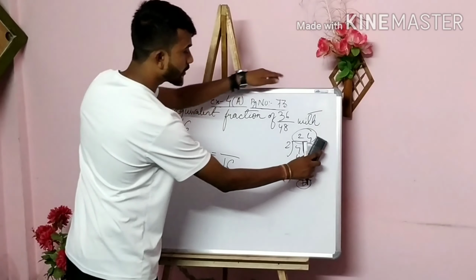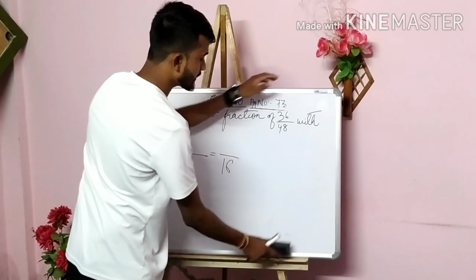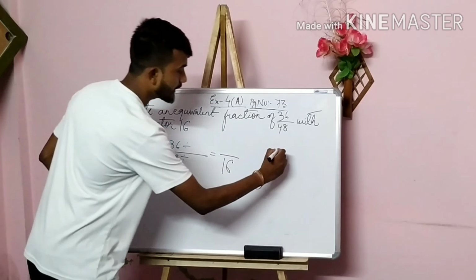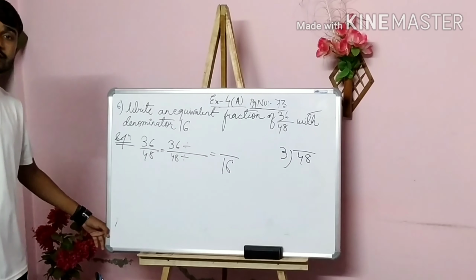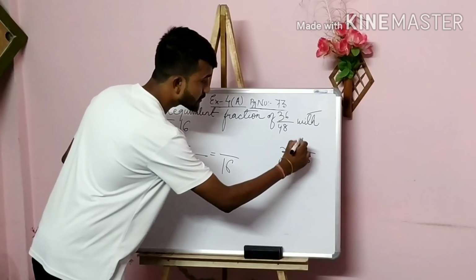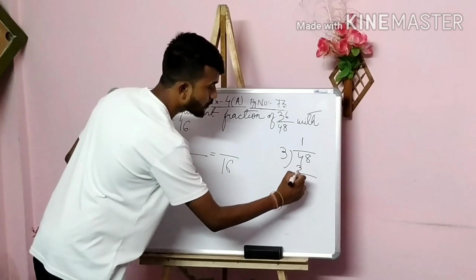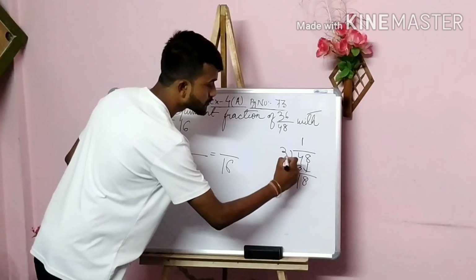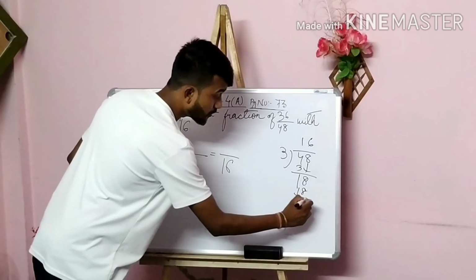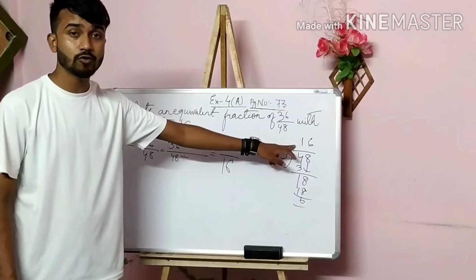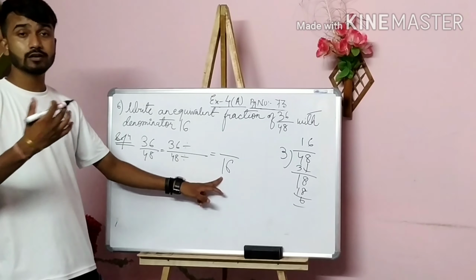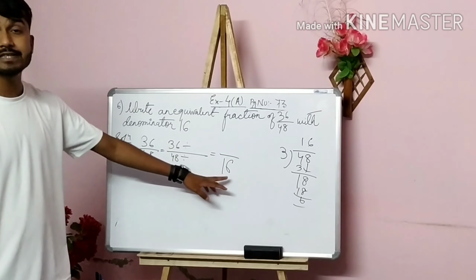So that means we cannot write 2 here. So next we are going to take 3. 48 divided by 3, you just take it. Maybe this is the answer, I don't know. But still 3 1s are 3, we have 4 minus 3 is 1, 8 will come. So 3 6s are 18. Okay, so Eureka, I think we have got the answer, 16 as a quotient. So our condition is satisfied here.